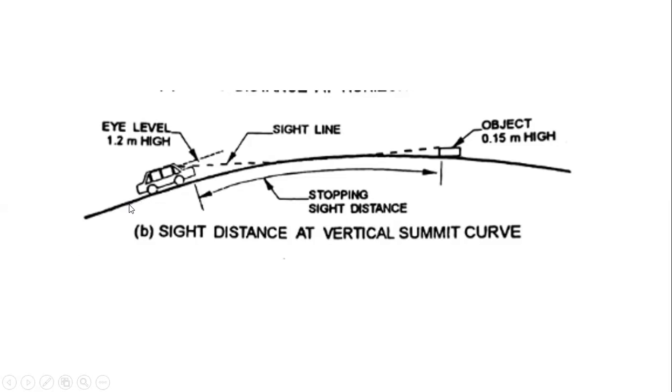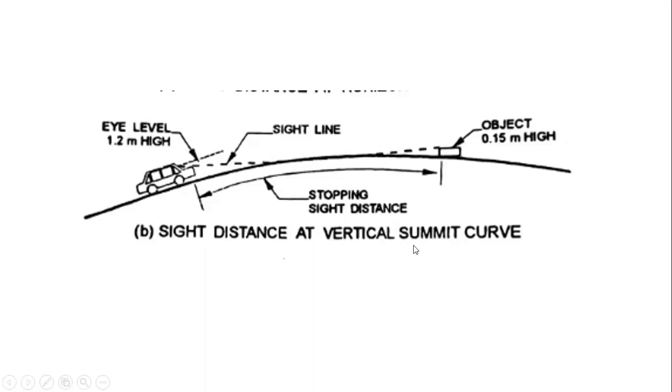So whenever there is an upgrade, you can see here in this case the car is going towards this side, right? Towards, if I say, my right side or your right side. So what happens, the car is actually climbing the gradient, or he's actually driving through the upgrade, right? So such curves are called the summit curves. So in vertical curves there are two types of curves. One is a summit curve and the other is the valley curve. Okay, so we call it either a summit curve or a crest curve.